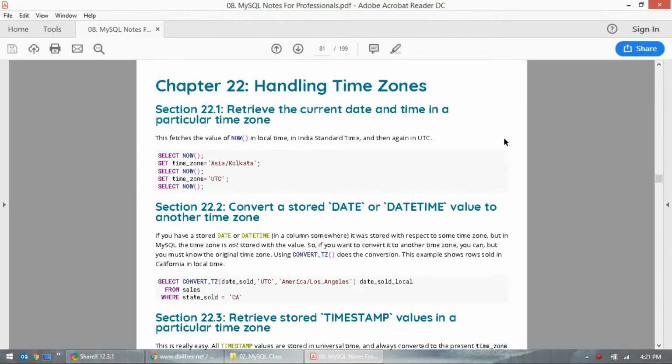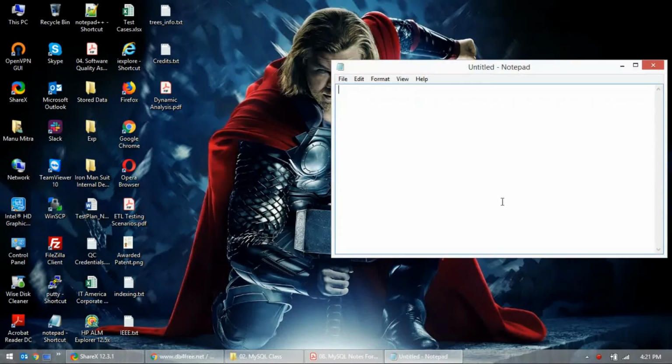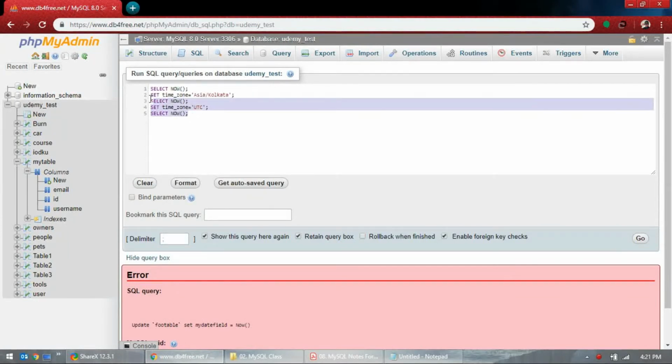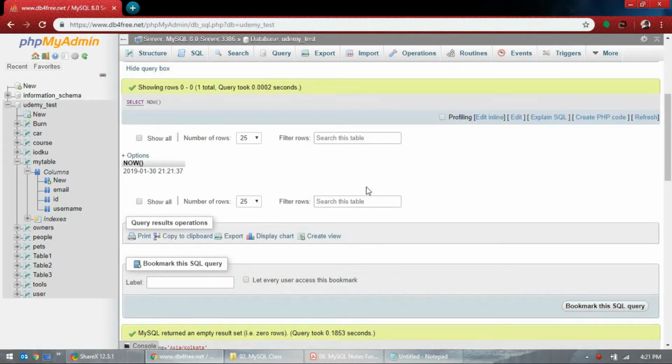So you'll see a set statement. I don't think this works, but the thing is you need admin access to do this. But we'll try it out. If it works, it's good. If it doesn't, don't worry about it, because this requires admin access and it doesn't work just like that. Oh, it did. You select